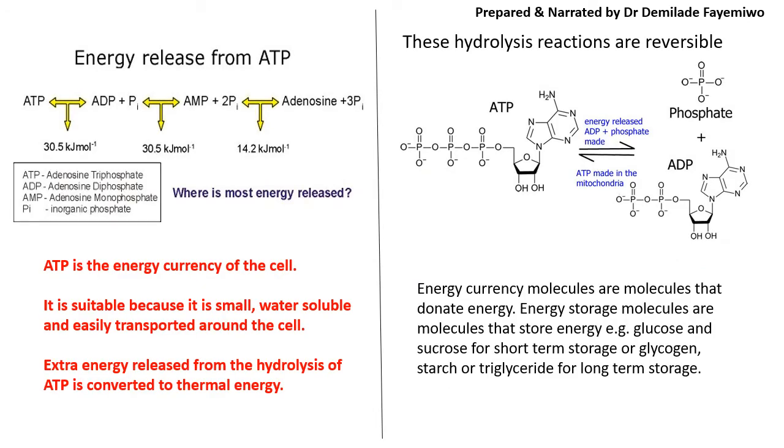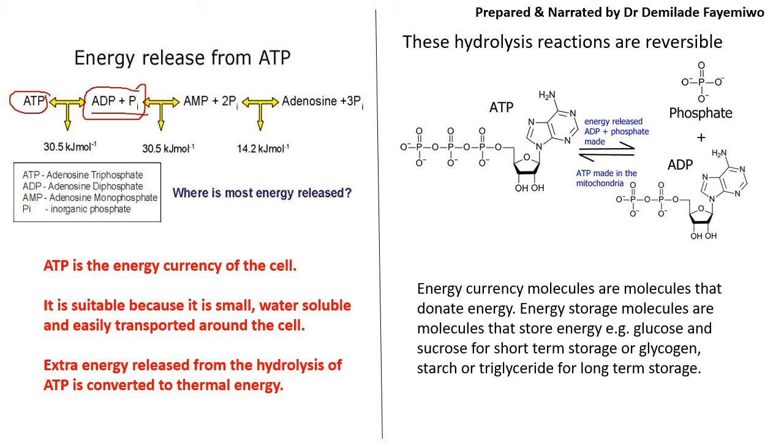So the energy released, again, just illustrating here, you can see ATP. When you remove one phosphate from ATP, it's usually written this way. So always look at where the arrow is pointing. This is a reversible reaction. For those of you who might not be taking chemistry, where you see a double arrow, it's basically showing that it's a reversible reaction. So if we want to make ATP, we need to combine adenosine diphosphate and a phosphate group to make ATP.